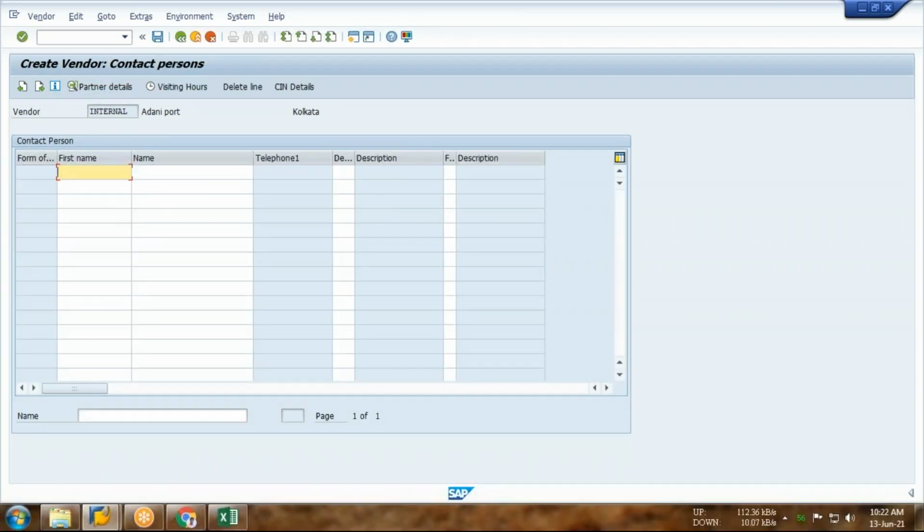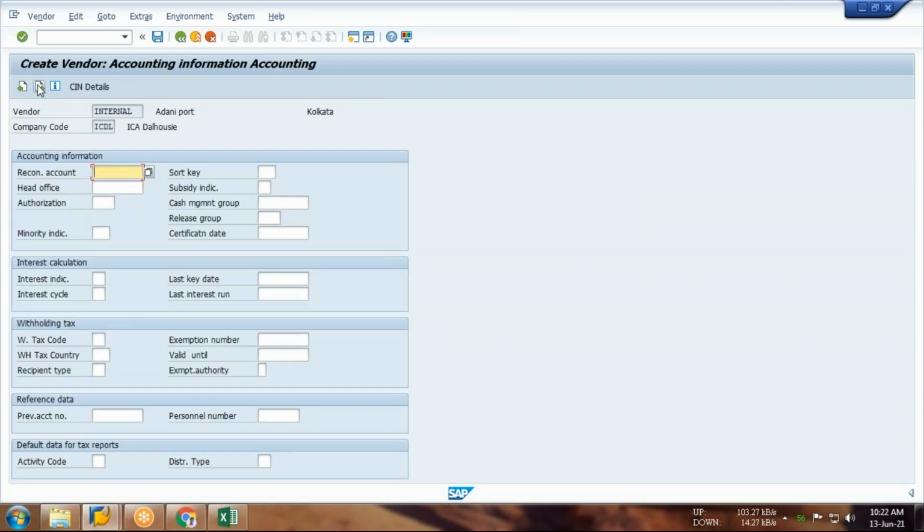Now, this is the contact person details for Adani Ports. Okay, so this is the basic data part. Now come to the reconciliation part. So here we need to create a vendor reconciliation.